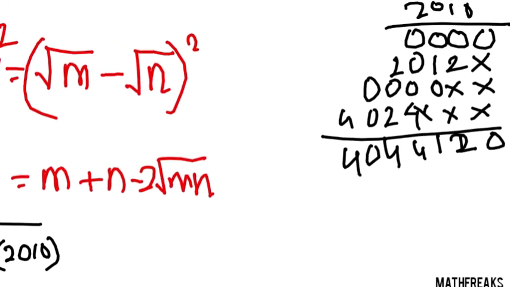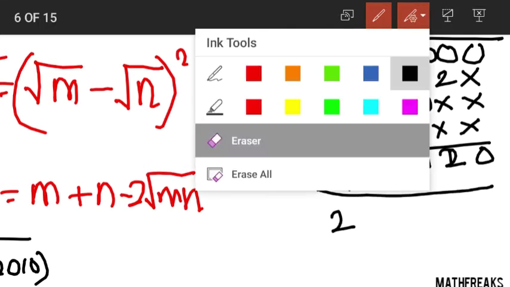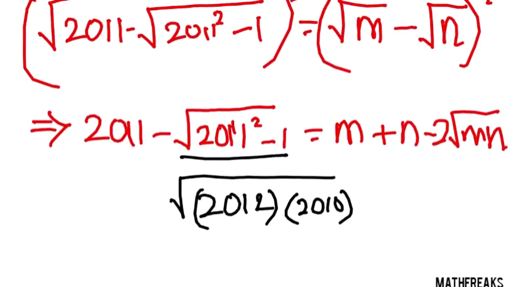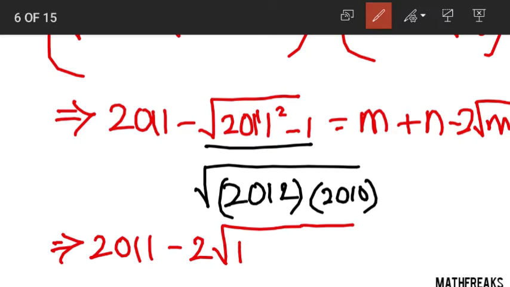So 4044 and all this, right? Now can we take 4 common out of it? Yes, right? If we take 4 common out of this, the answer would be 1011 times 1030... 1011. Okay, now let's come here again. So the expression would be 2011 minus 2 root of 1011